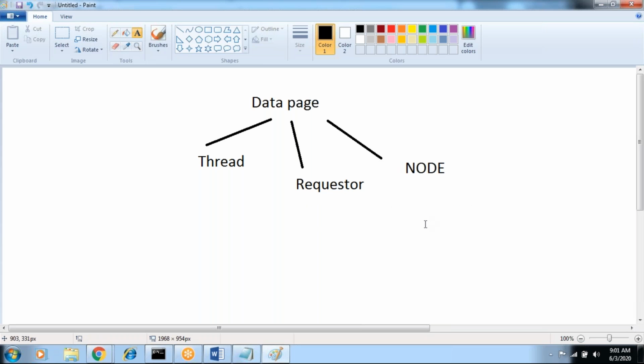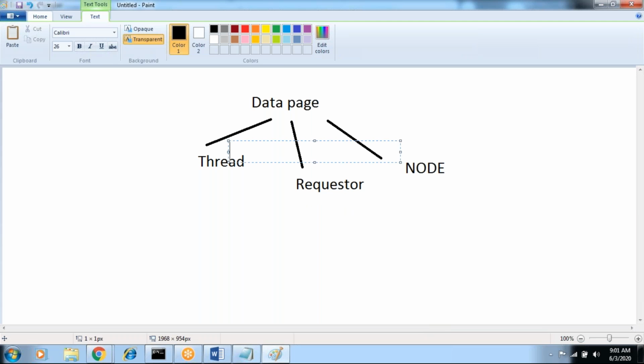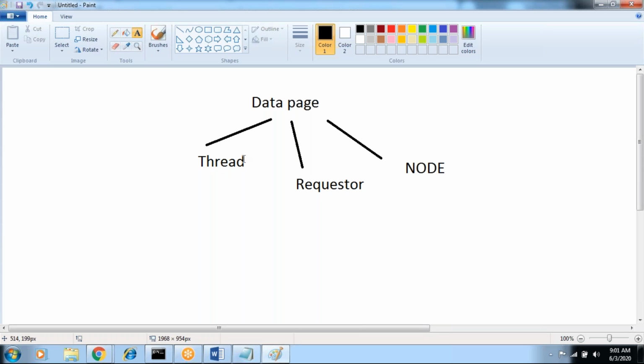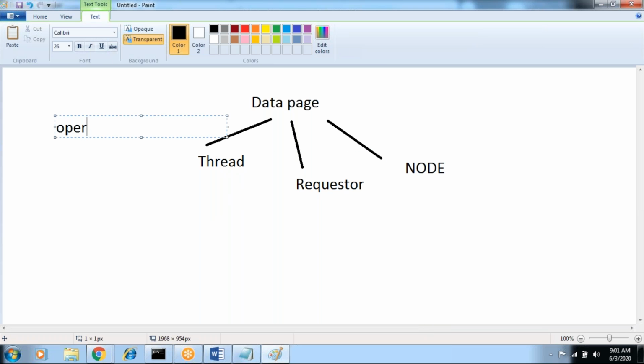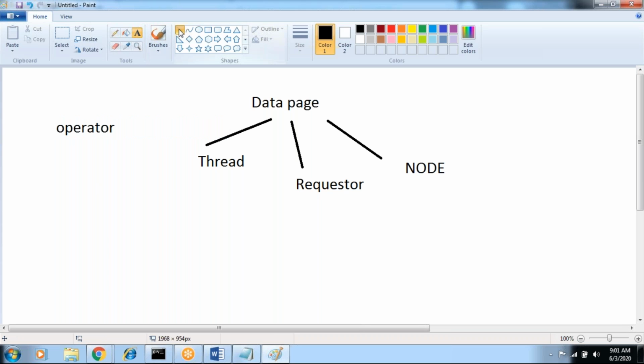Suppose the data is at thread level, what will happen? When the data is at thread level, the data will be shared only within the work object. Take an example operator. Is an operator associated with one work object or multiple work objects?